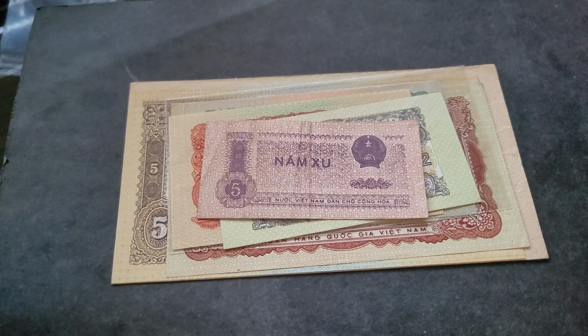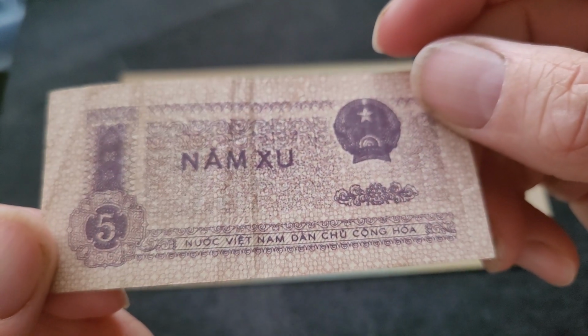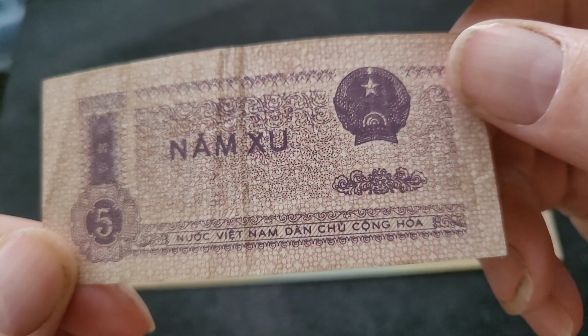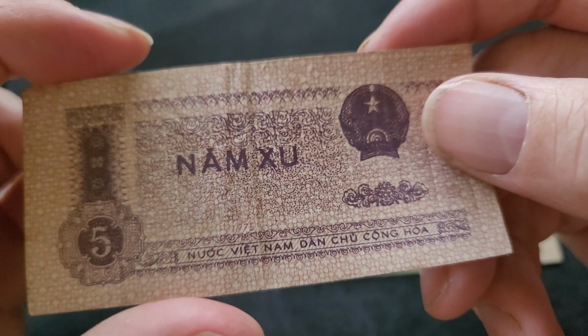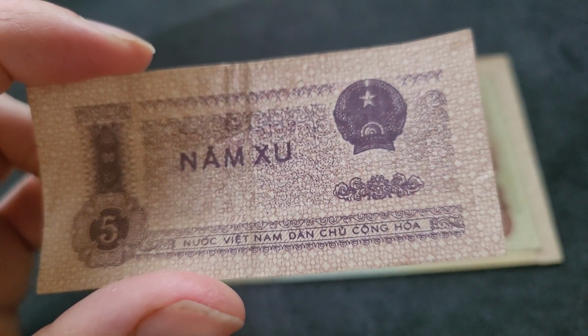Do you know the country? Let me guess. So you pick up the banknote and you look for a country name that you might get. Look, here it is, Vietnam. So these are actually Vietnam, but they're not all of Vietnam. These are issued by the North Vietnamese government, and they were replaced in